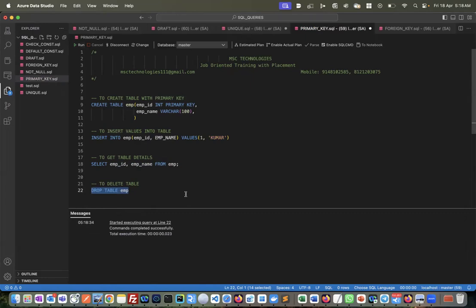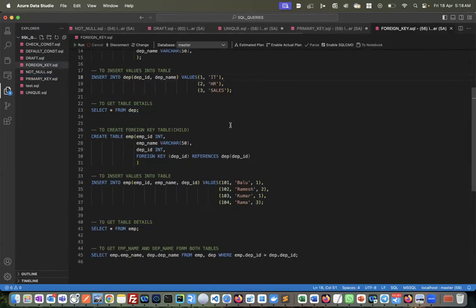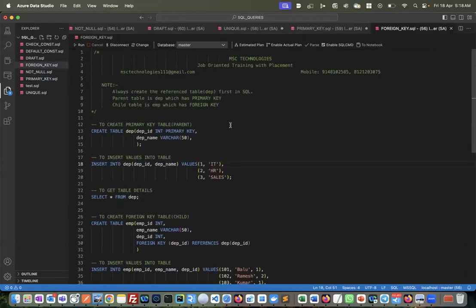Next one is the foreign key. It is very important and it is a little bit tricky. Be focused on this constraint. We'll go slowly. No need to worry and no need to hurry also. What does foreign key mean? It is used to make a relation between two tables. This we already got to know. Now, while implementing this